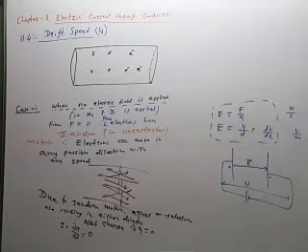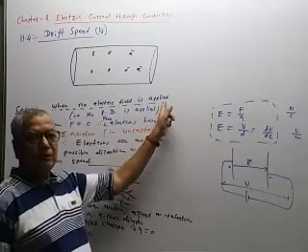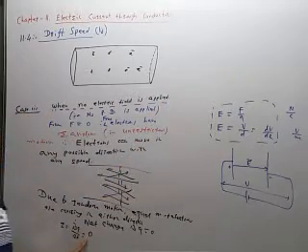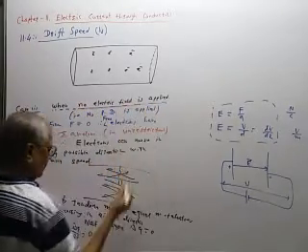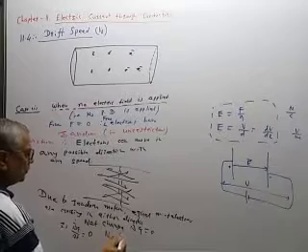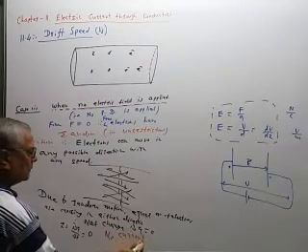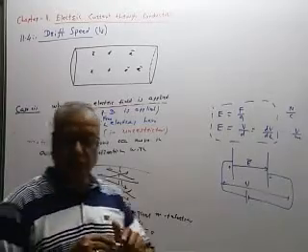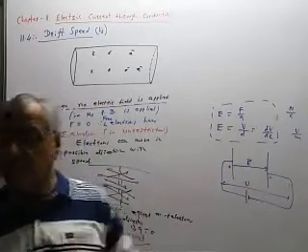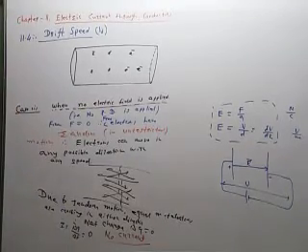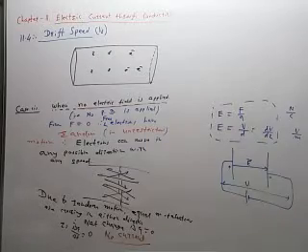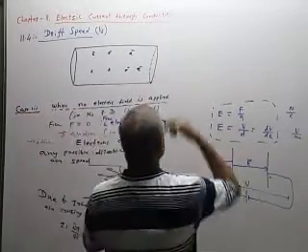Now what will be the second case? When an electric field is applied, what will happen? Yes, there will be a current. So these are the two cases. When no electric field is applied, what is the conclusion? There is no current. So when we have to observe the current through a conductor, we have to apply the electric field, we have to apply the potential difference. So now we will consider the second case. The second case is important.